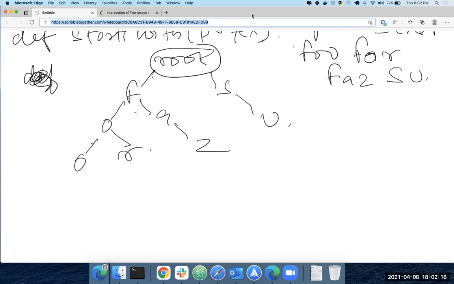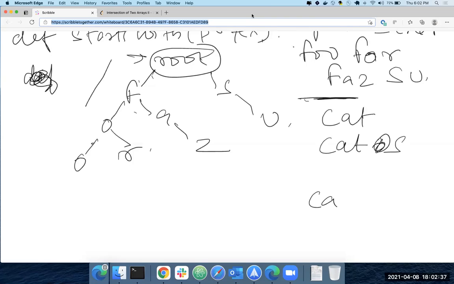I don't think there's a faster lookup. So how can you say there's a faster lookup? Let's say you have cat, and let's say cats, and you're searching for CA. How is it making it fast? You still have to go from the root. You'll still have to check for CA, right? You'll still have to go down. Yes, what I meant is the tree structure enables the search.